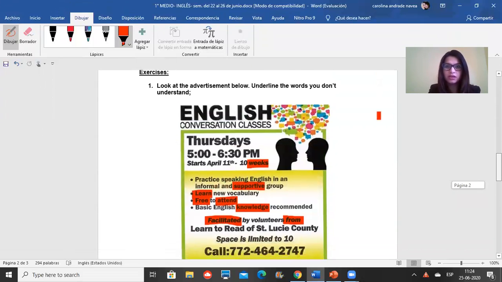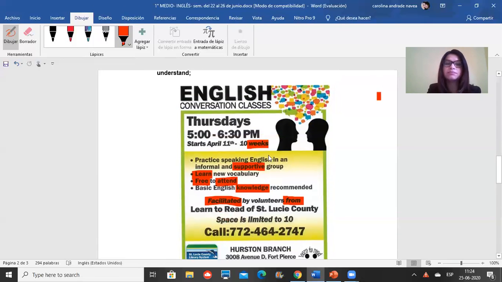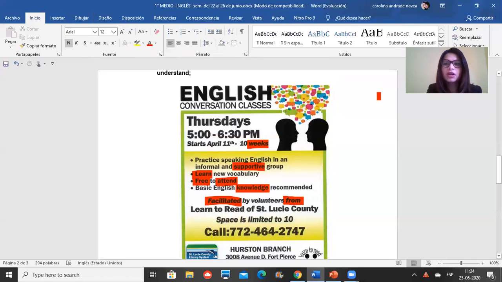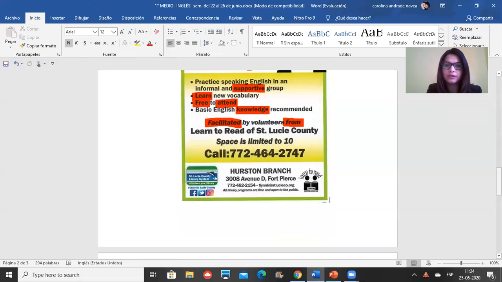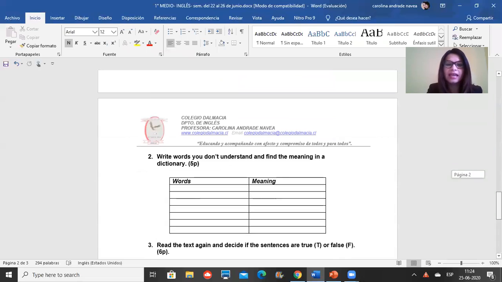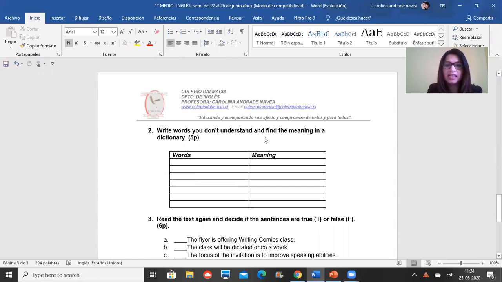We have already underlined the words you don't understand, right? So that's for now. We are going to go down and read activity number 2. It says, write words you don't understand and find the meaning in a dictionary. Okay, so that's time for us to write